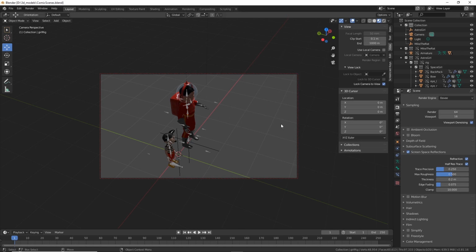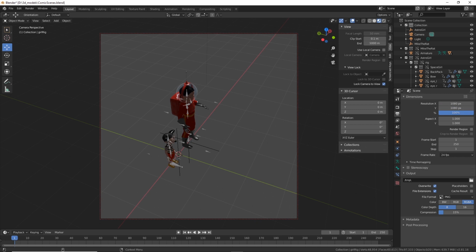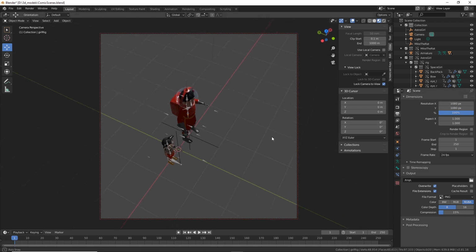So we need to change this cropping. To do that, you go to this Printer Output Properties tab. And basically, since it's square, we just know these dimensions will be the same. So I'm going to make it 1080 by 1080, which makes it a square. And then from there, you can go and